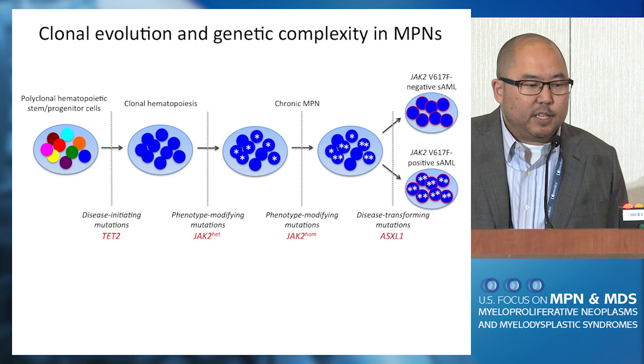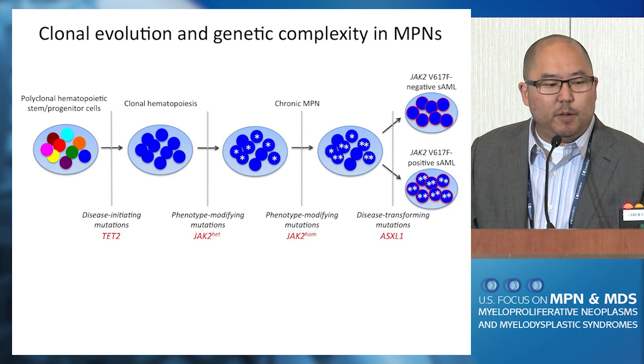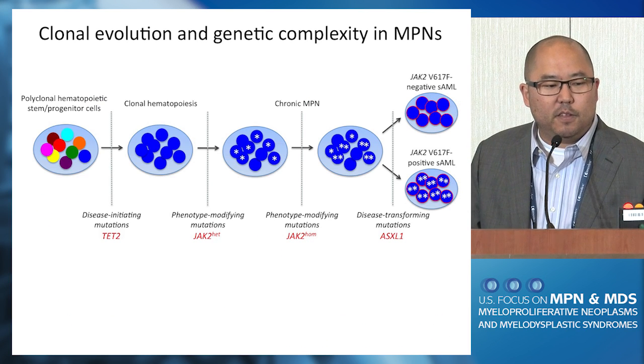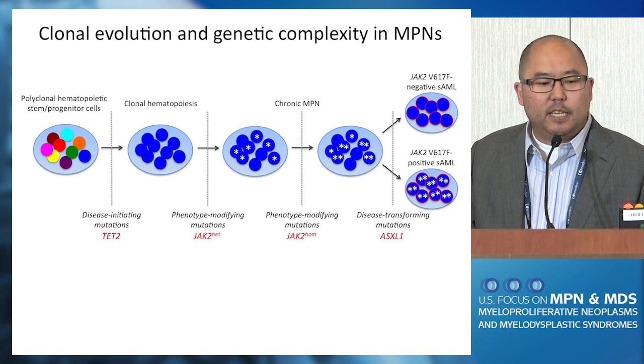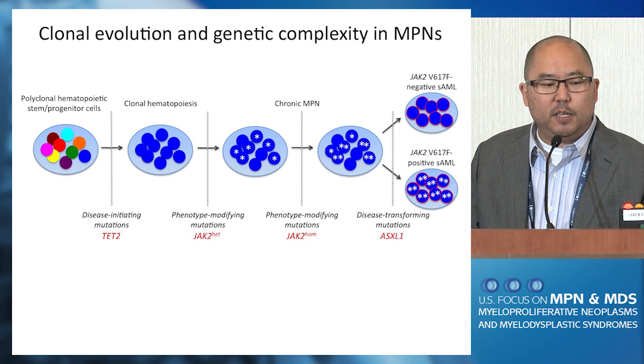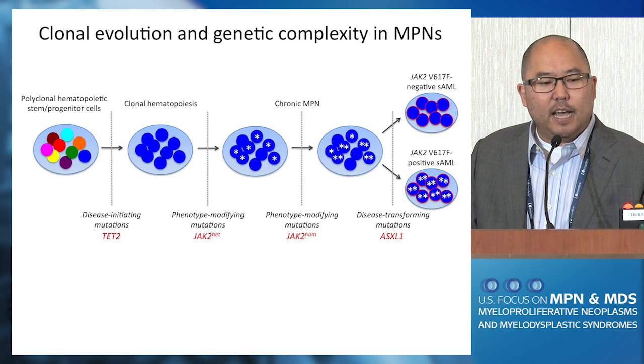Okay, and this is just a conceptual point: we think of these MPNs as starting out in a chronic phase, PV, ET, or myelofibrosis. They can go on to secondary AML. Quite interestingly, when secondary AML occurs, if a patient carries the JAK2 mutation of the chronic phase, it's actually fairly